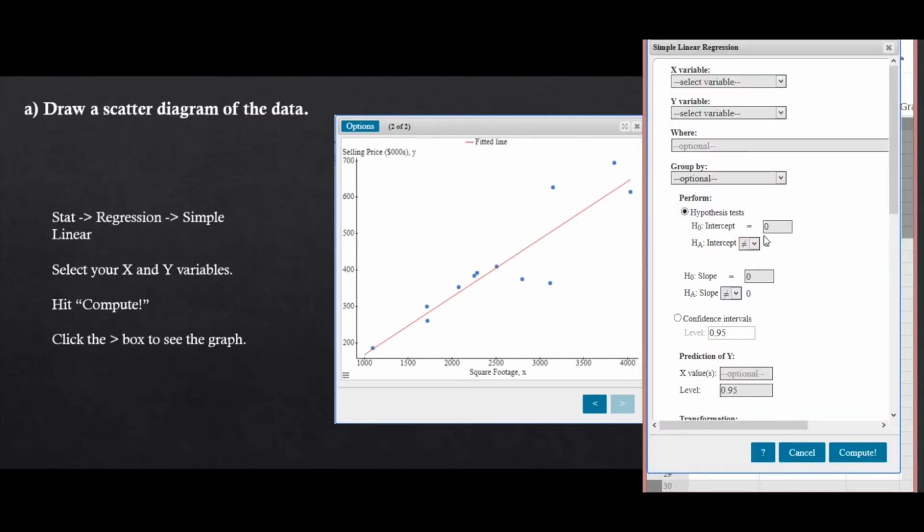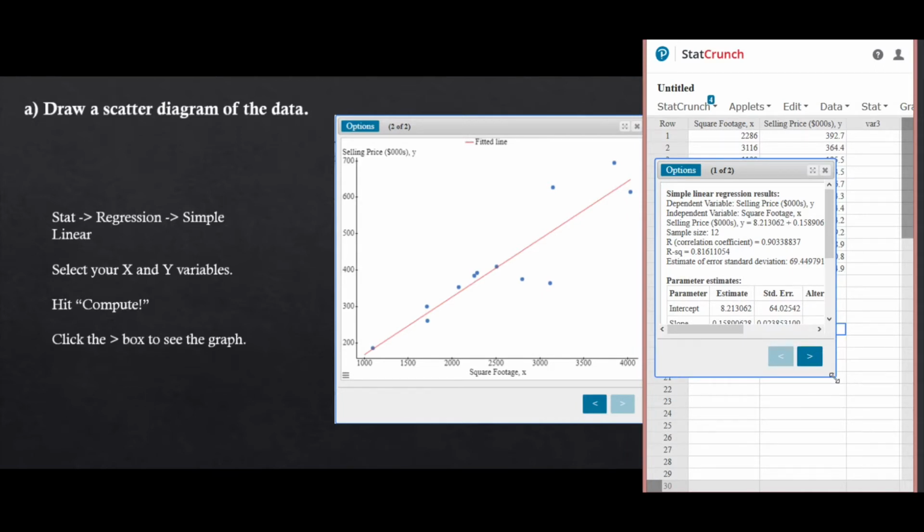Next, we need to select our x and y variables. In this question, we're interested in predicting the price of a home using its square footage. That means that square footage will be our explanatory or independent variable, also known as x. And since we are trying to predict selling price, it will be our dependent or response variable, which is our y. For now, we don't have to change anything else, so we just hit compute,